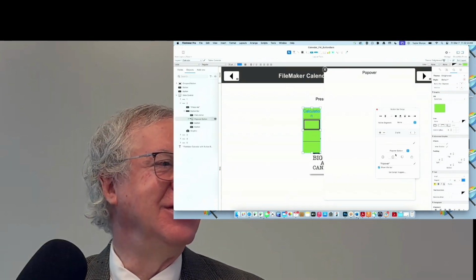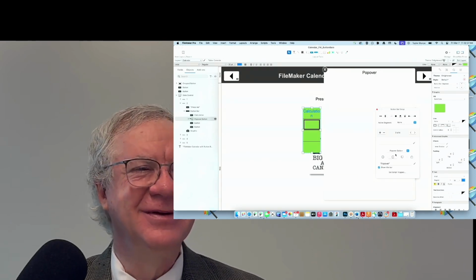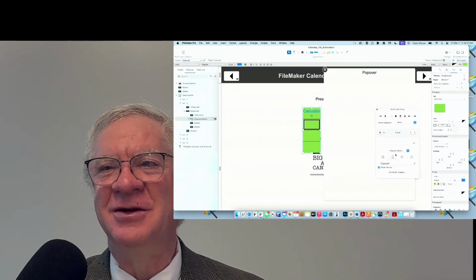I don't know. Heather, can you think of a reason to use a button instead of a button bar? No. It really is the way to move forward on things, is using button bars. How many out there are using button bars? So, okay. Well, certainly make use of it.